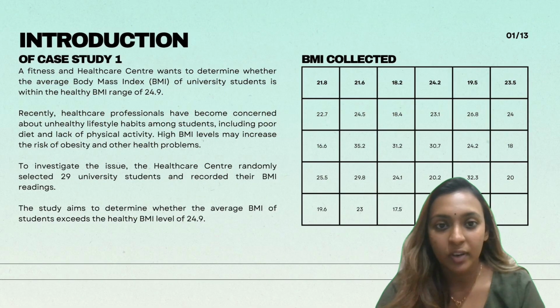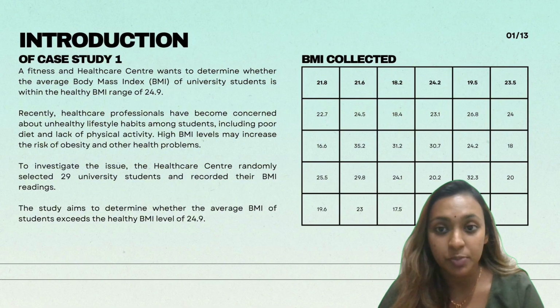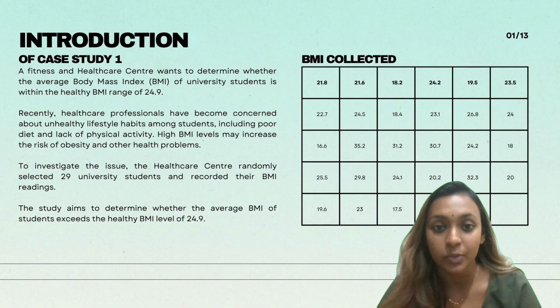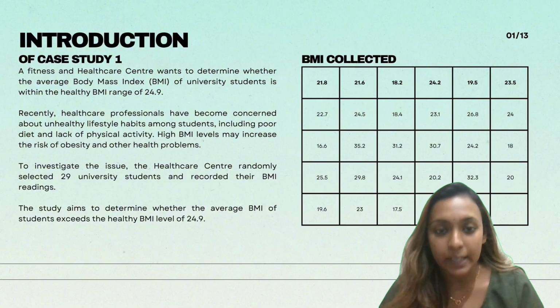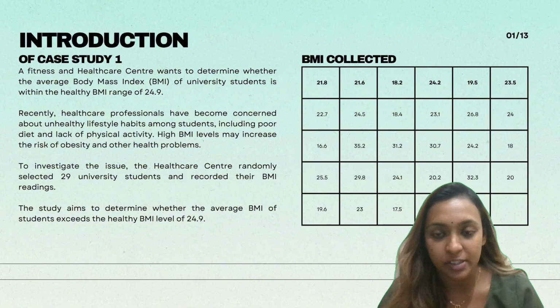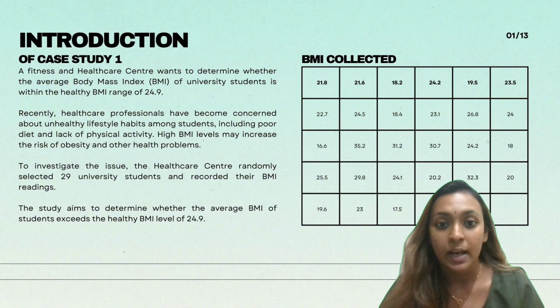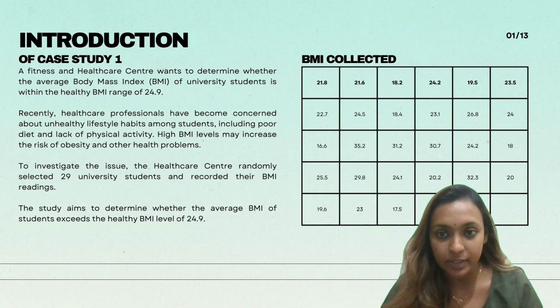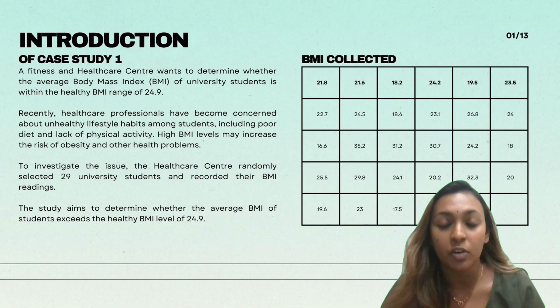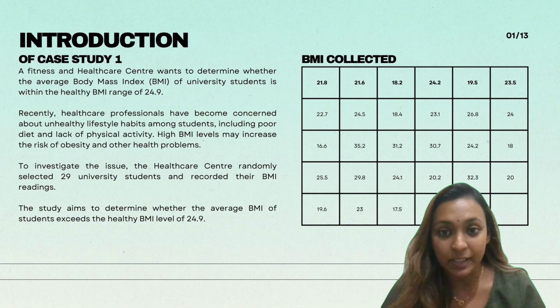Good afternoon, everyone. For case study 1, we are investigating whether the average body mass index, or BMI, of university students exceeds the healthy BMI level of 24.9. This study is important because healthcare professionals have become increasingly concerned about unhealthy lifestyle habits among students, such as poor eating habits and lack of physical activity. These factors can contribute to higher BMI levels, which may increase the risk of obesity and also